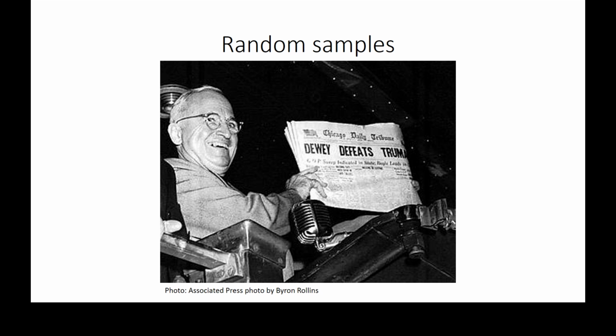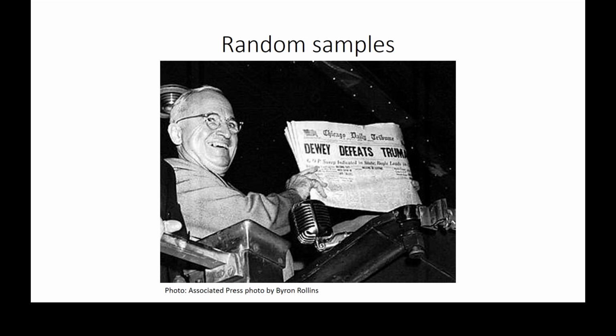And then the pollsters would ask a lot of people about their political opinions, who they were going to vote for, and they would answer frankly and honestly, and they would say Dewey because that's who they were going to vote for. Then they would do the quota thing where they got the right number of white people and black people and men and women, and they would end up getting the wrong result because their sample wasn't actually a random sample.